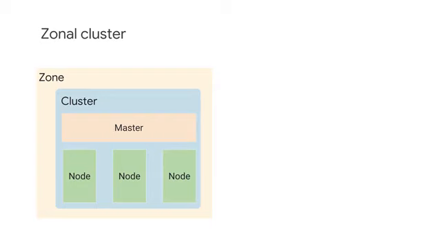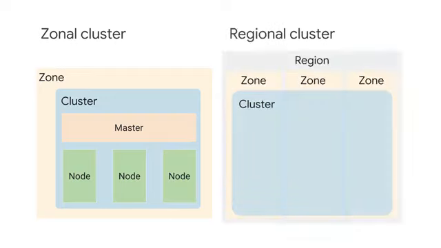By default, a cluster launches in a single GCP compute zone with 3 identical nodes, all in one node pool. The number of nodes can be changed during or after the creation of the cluster. Adding more nodes and deploying multiple replicas of an application will improve an application's availability, but only up to a point. What happens if the entire compute zone goes down? You can address this concern by using a GKE regional cluster. Regional clusters have a single API endpoint for the cluster. However, its masters and nodes are spread out across multiple Compute Engine zones within a region.